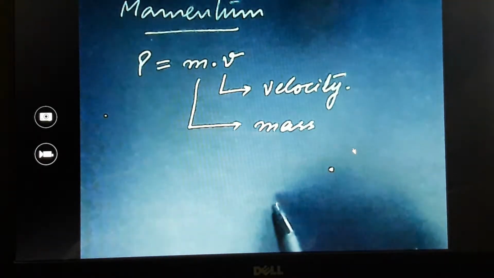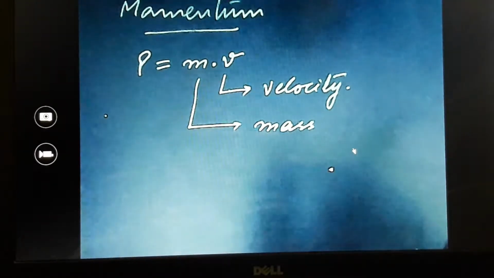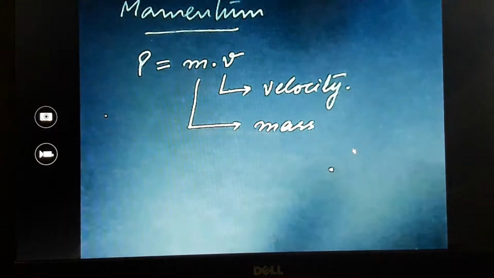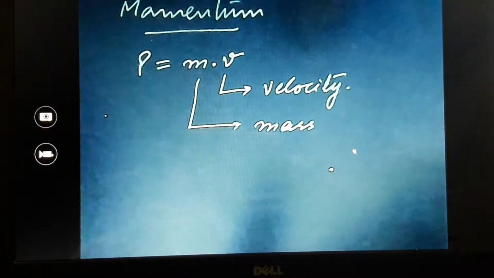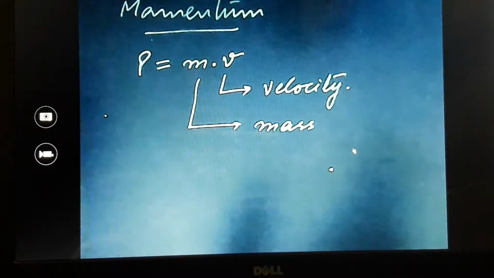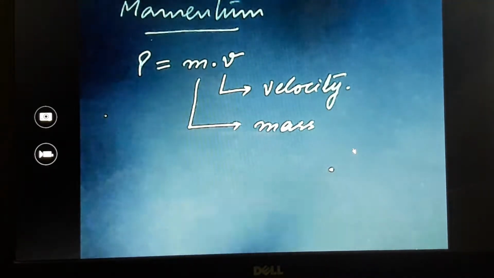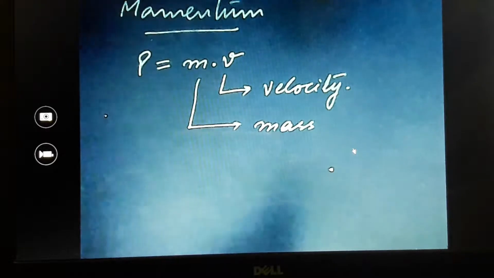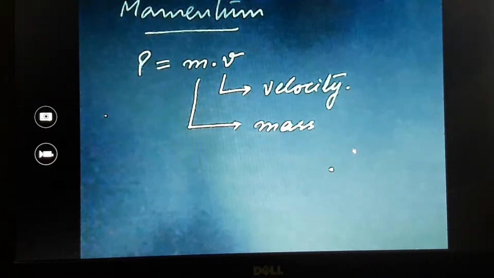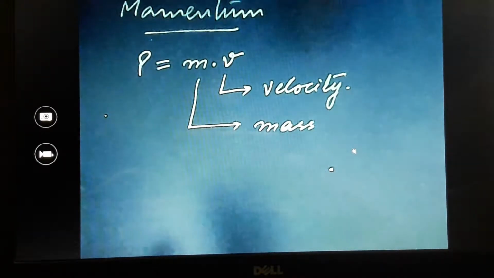Right? So there are a lot of examples where you can practically experience this momentum. Now I hope all of you have played cricket at least once in your lifetime, and when a fast ball comes, you can catch it at the boundary as well. So you know that the speed of the ball is extremely high, right? But the mass is very small. So you can directly catch it and it won't cause any harm to your hands, right?